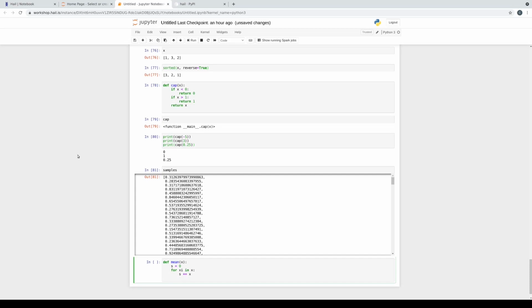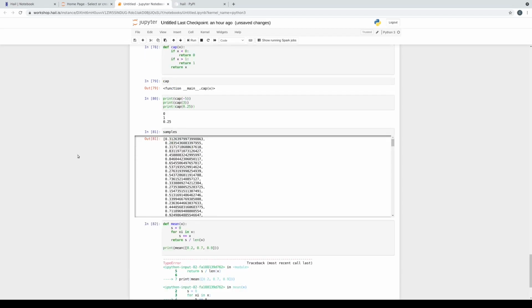Okay? So then after we're done with the loop, we just need to divide that by the number of elements. So we're going to return s divided by length of x. Here we want a floating point division, so we use a single slash. Okay, and then let's test it on an example. And let's just cook up some random numbers. All right, sum is going to be 1.8 divided by 3. We should get 0.6. And I had an error.